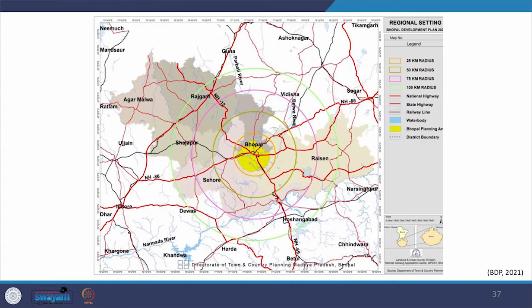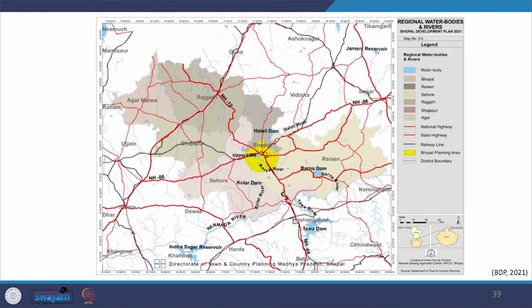We further see that the document takes cognizance of the regional setting and neighboring development plans. The total area of the region is nearly 30,000 square kilometers. The neighboring development plans which are considered or acknowledged in the document are Sihor, Barasia, Sanchi, Vidisha, Raisen, Rajgarh, Salkanpur, Rehti and Mandideep, which are prepared by Town and Country Planning and are adopted by the state.